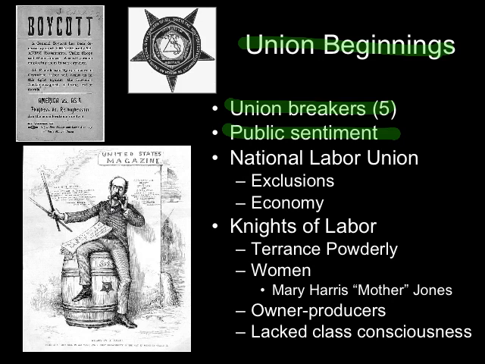So the public is against the unions here, as are the courts. All these early cases here, all these other early monopoly cases, all that, almost always decided in favor of the company, not the workers, right? It's going to be a little while before we get to a president and courts that will support the workers. Almost always early on here in the days of unions, the courts supported the companies, not the workers. Right? So, now that we know some of the problems they're trying to overcome, let's talk about some of the unions here.